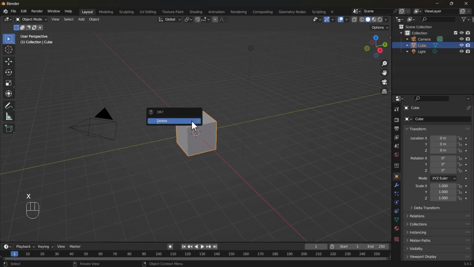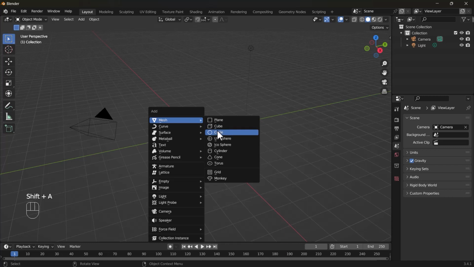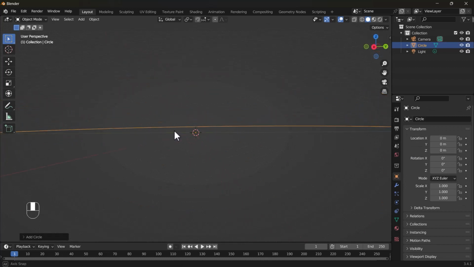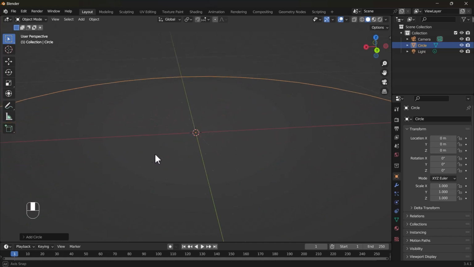First, we'll start by deleting the default cube, as is the popular ritual of Blender community artists. Now press Shift plus A, and in Mesh, select Circle. That will act as our base ground plane. The reason you should select a circle for the ground plane is that when you see it from a low height, you can't see any corners, and the plane looks infinite, so it creates an illusion of a big area.